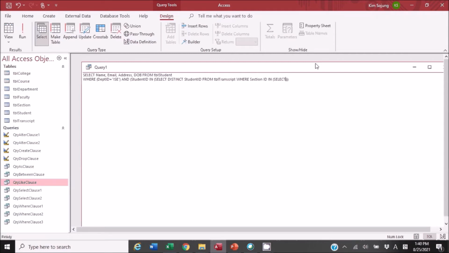Select section ID, I'm sorry, no space, ID from TBL section where course ID in select course ID from, let me change the line, from TBL course where